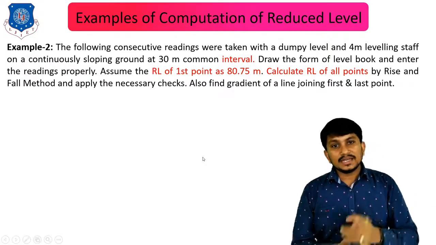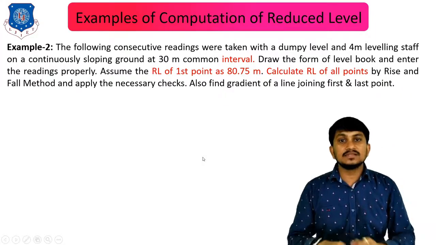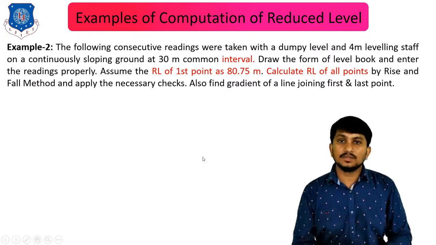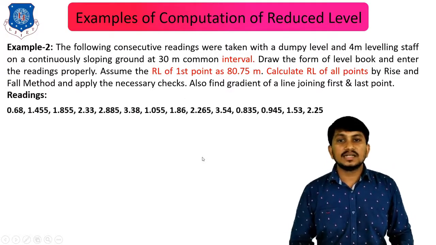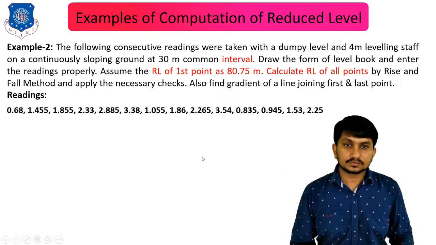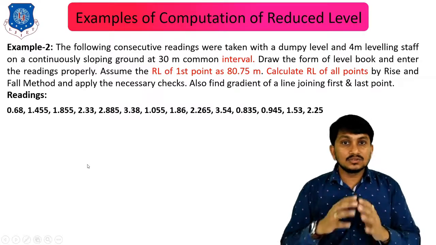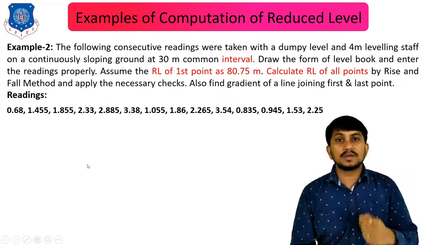If in the example the method is given, we have to use that method only. If there is no mention of the method in the example, you can use any one method. Okay, these are the readings which we are given. Here one change in this example is that there is no mention of shifting of instrument. We have to judge by our own